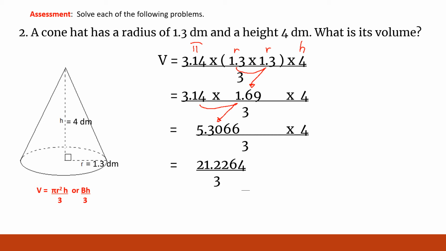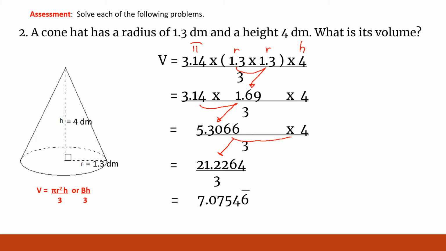And we have now 21.2264 over 3 because the product of these two, 5.3066 and 4, is 21.2264. And then lastly, after dividing 21.2264 by 3, the answer is